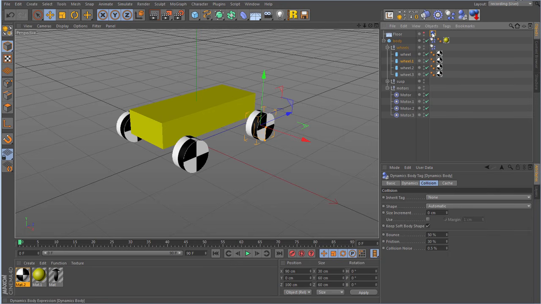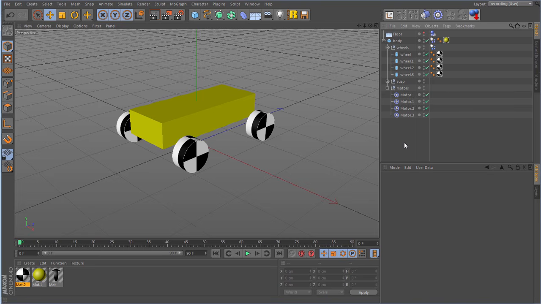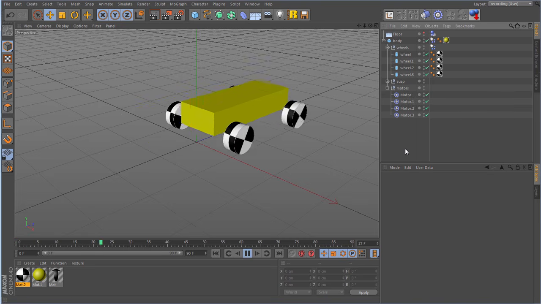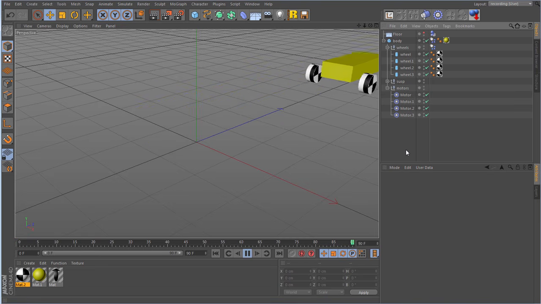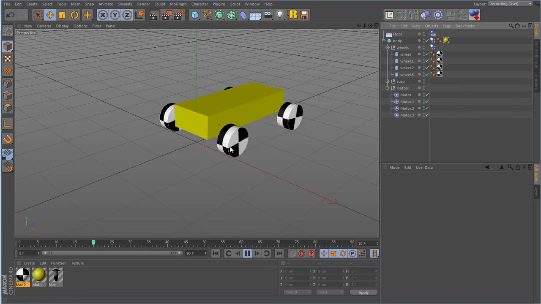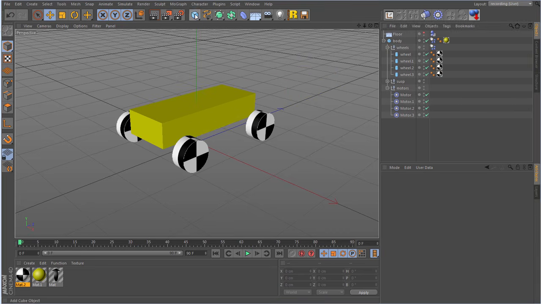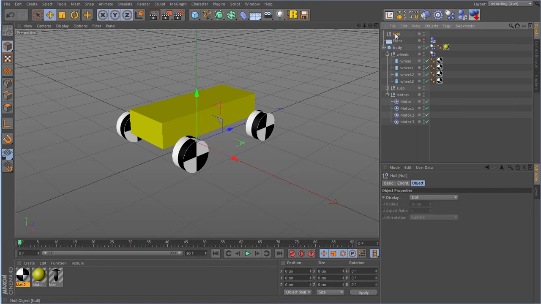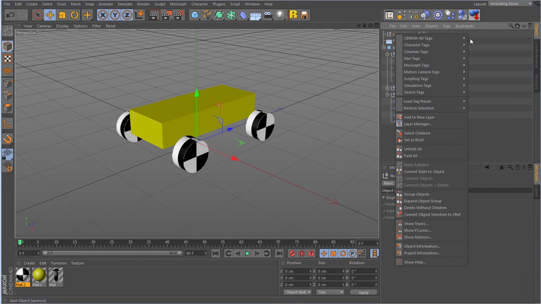I grab the floor dynamic tag and the wheels dynamic tag. I'm just going to crank this value up to 300. Okay, let's hit play and see what happens. Haha! Okay, well that's the first part of this job done. What we've got to do now is get some espresso going to drive this fella. Okay, so I'm going to make a null, rename it espresso, and right click and give it an espresso tag.